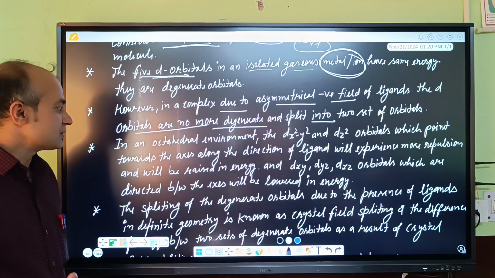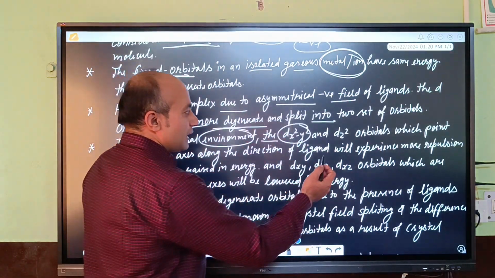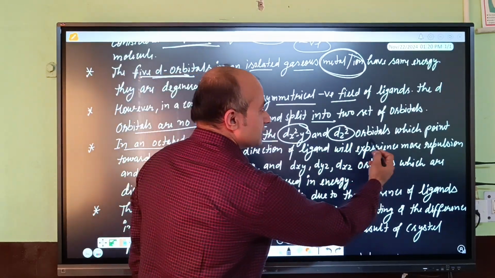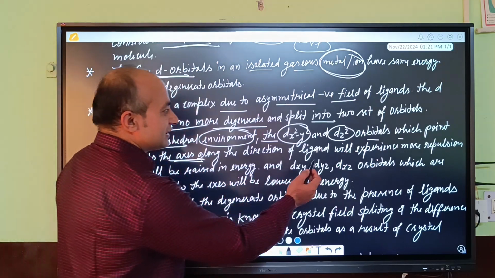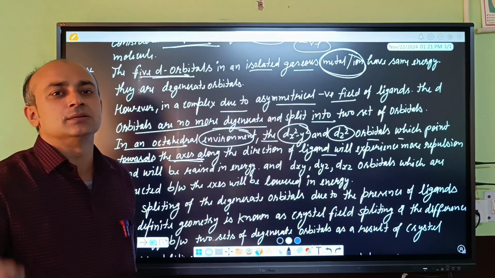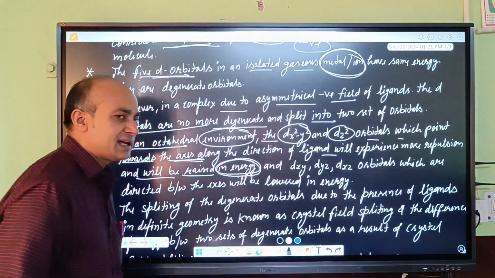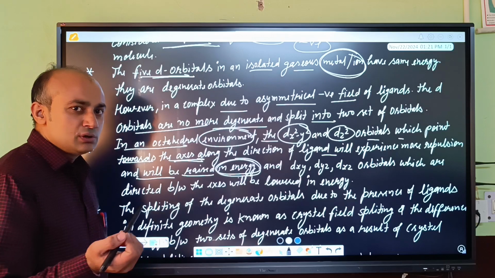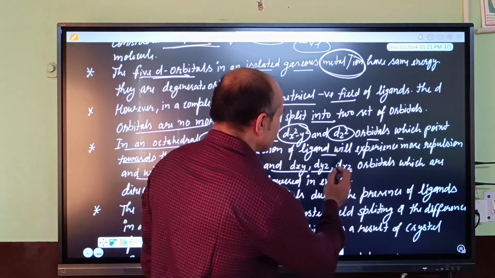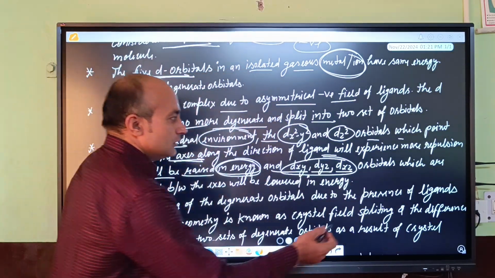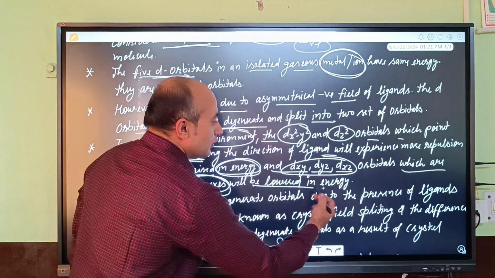First, Eg and T2g. In an octahedral environment, the dx square minus y square and dz square orbitals, which point along the axis in the direction of the ligands, will experience more repulsion and will be raised in energy. That's why they have higher energy compared to the average energy level. The dxy, dyz and dxz, the other three d orbitals, which are directed between the axes, will be lowered in energy,